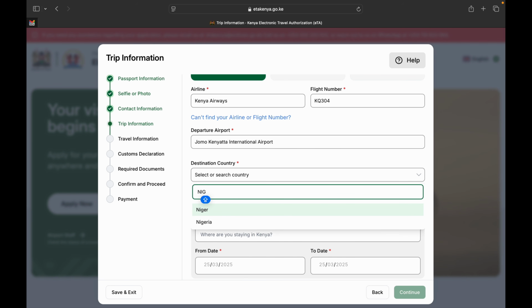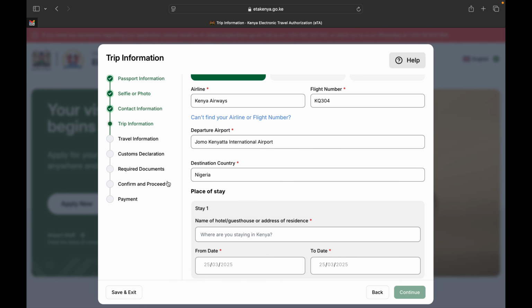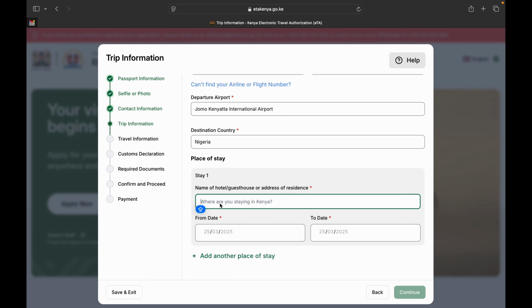If you have an onward country that you'll be traveling to, you could clearly specify that. So for the purpose of the application, let's say we're staying at a hotel called Kilimani Hotel, and of course you'll be staying 30th to leave 5th. So click on continue,